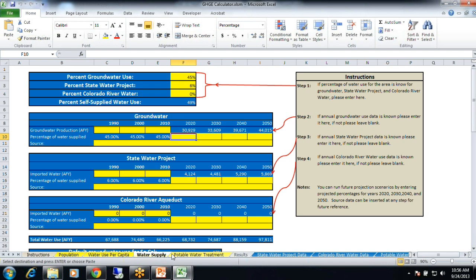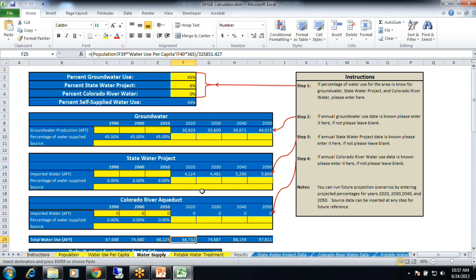So it's a pretty big difference. What they're saying here is that just the population of Riverside, using this tool, is going to have a reduction of 7,240 acre-feet per year. So if you go down and look, if it's to go online in 2020, total water use, which I've highlighted down there, is 68,732. And if it's expected to have a reduction of 7,240, that's a 10% reduction. So, I mean, that's pretty huge.